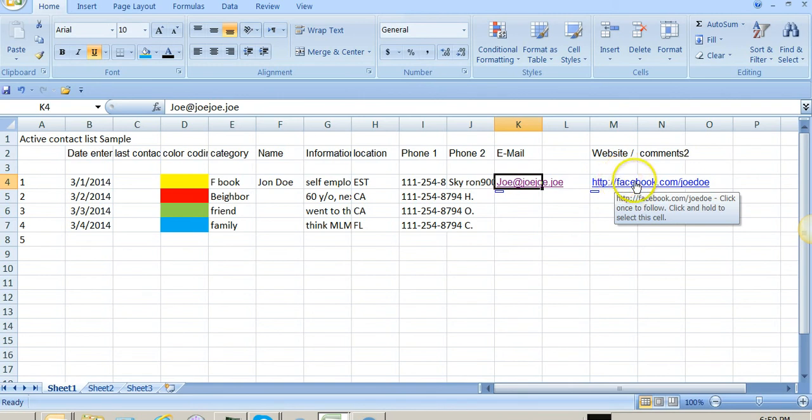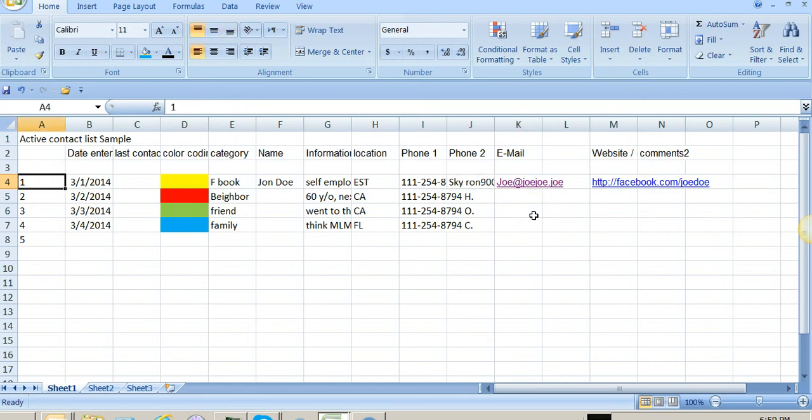But if you have a website for a business or something, I'm going to keep it also here. There is an unlimited amount of data that you can enter in a spreadsheet. Okay, this is it about keeping the active contact list. Now, every day when I get back home or once a week, you decide how you want to do it, it's very, very important to enter people into the active prospect list, because this way you will have an unlimited